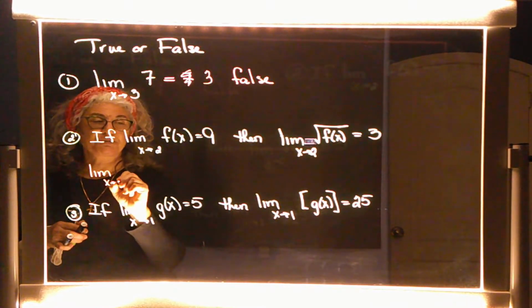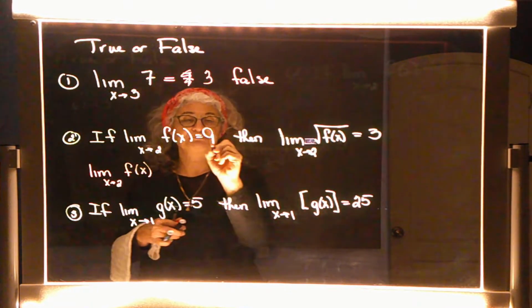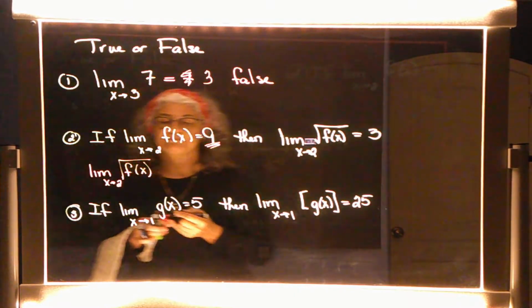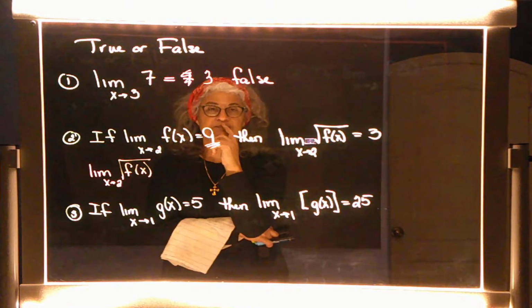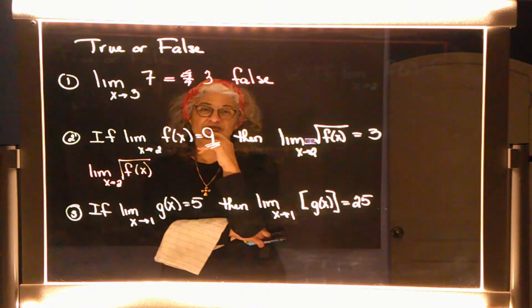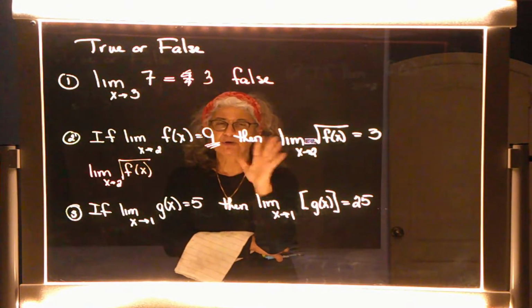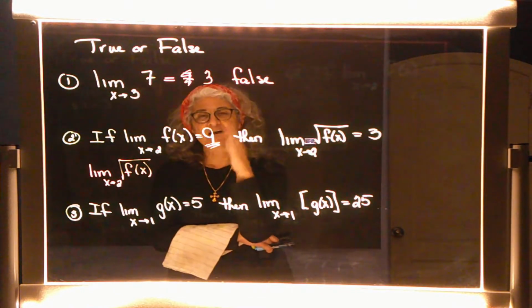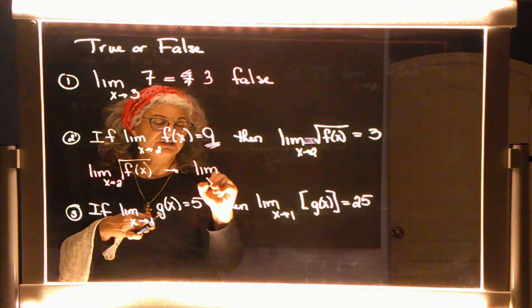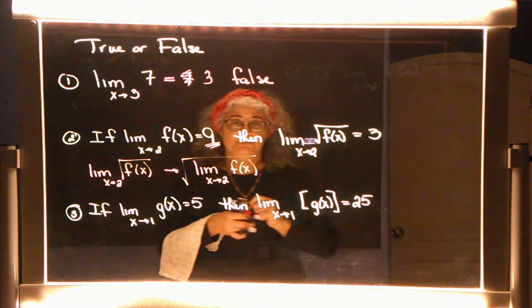Okay, so let's start off here. They said the limit as x approaches 2 of f of x, right? We know that's 9. Agreed? All right. This says take the square root of it. Now help me out. Based upon one of the properties that we spoke about, if they're asking me to take the limit of the square root of a function, do I have to do the square root first? You're right, I don't. And you're like, wait, which property is that? I believe it's property 3. Go back and take a look. Do you have to take the square root first? No, you don't. You could literally take the limit of the function